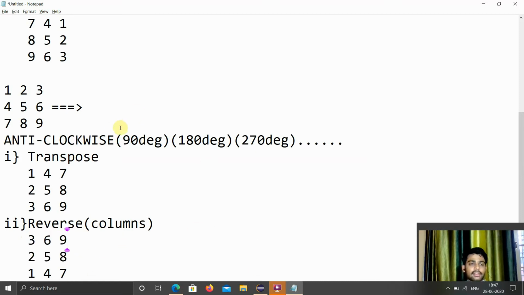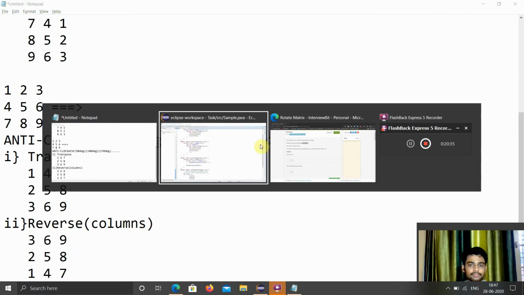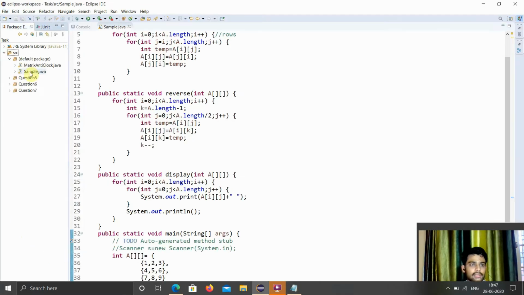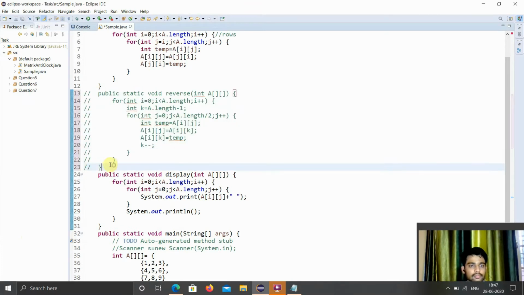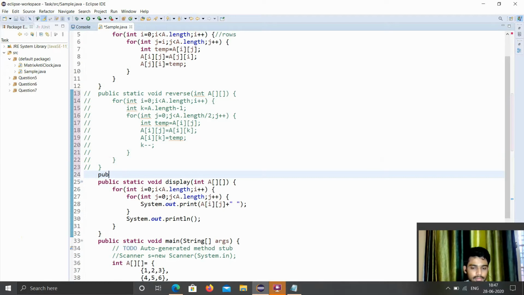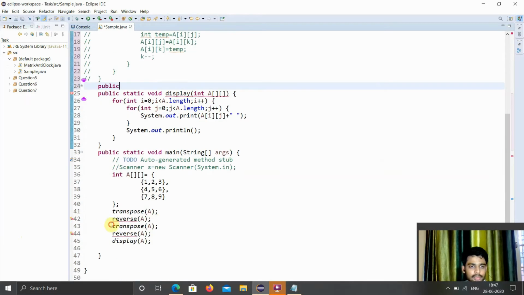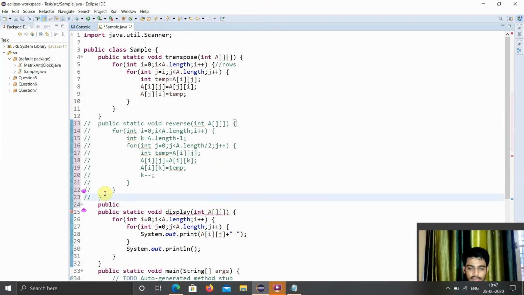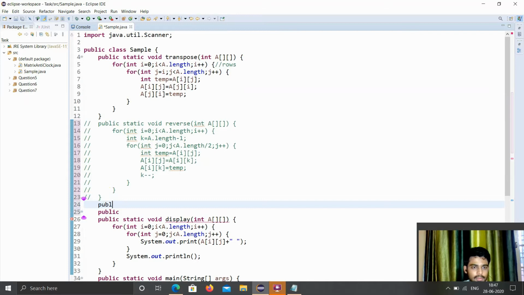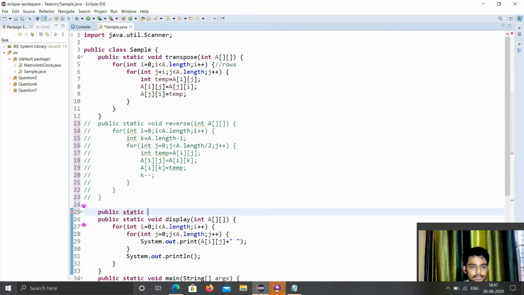Let's try to implement the code. I'll define, or else I will change this part. Okay, so I'll comment this entire function. I'll define a function public static void reverse, int a.